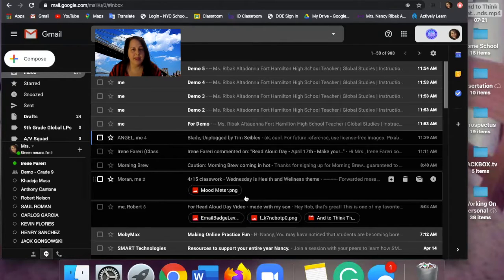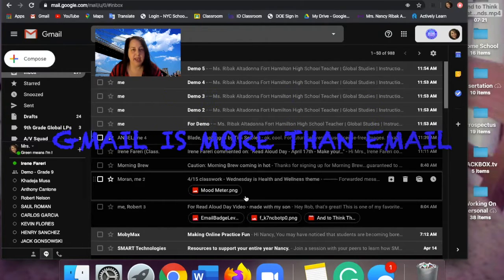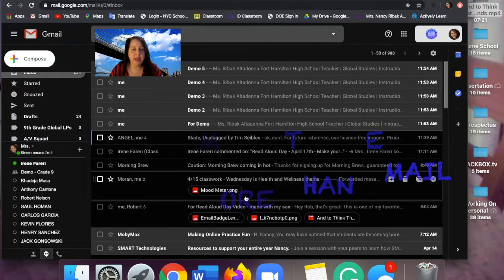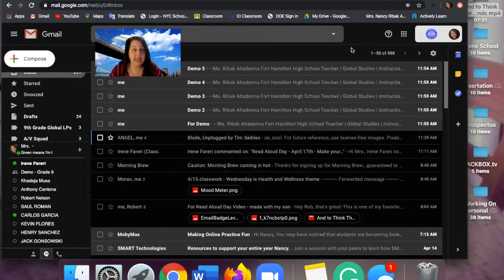Hello, everybody. Today I'm going to show you how to use Google for a chat and a Hangout. And all you need is to open up your Gmail. Mine looks black because I changed the skin on it, but I like the black because it's less harmful to